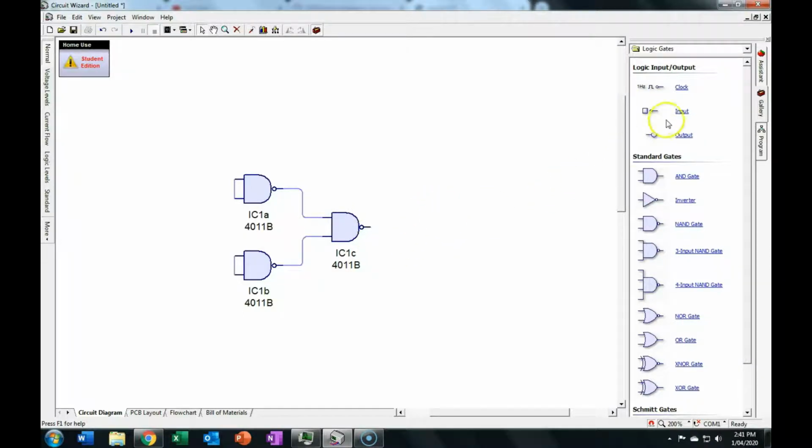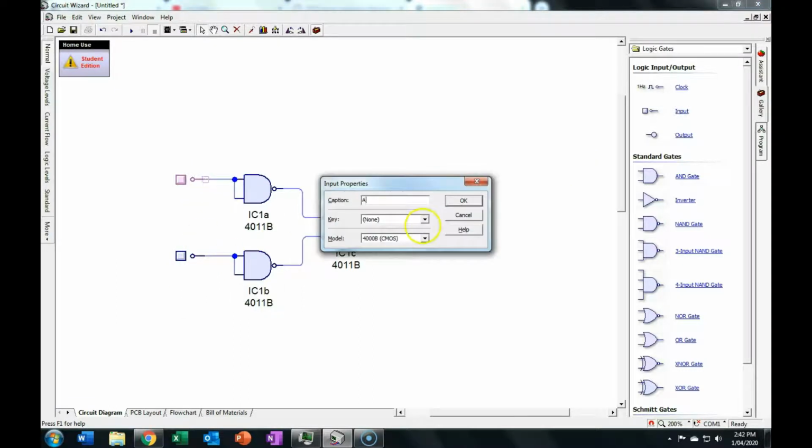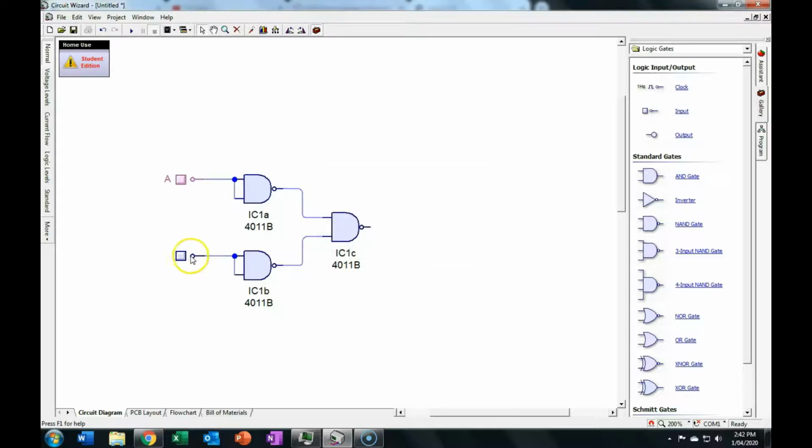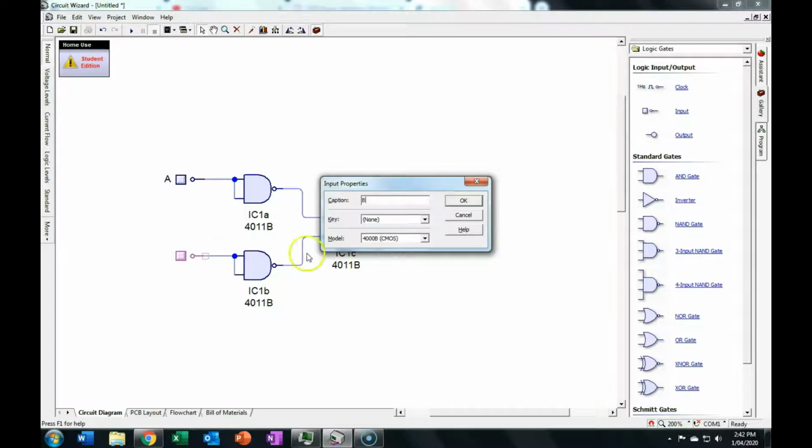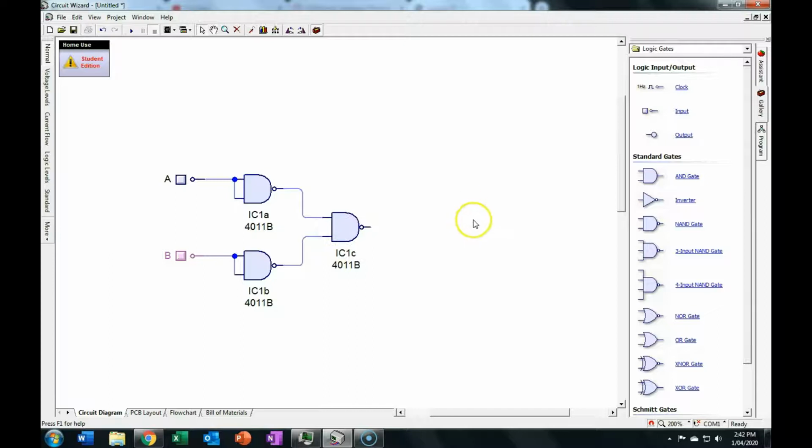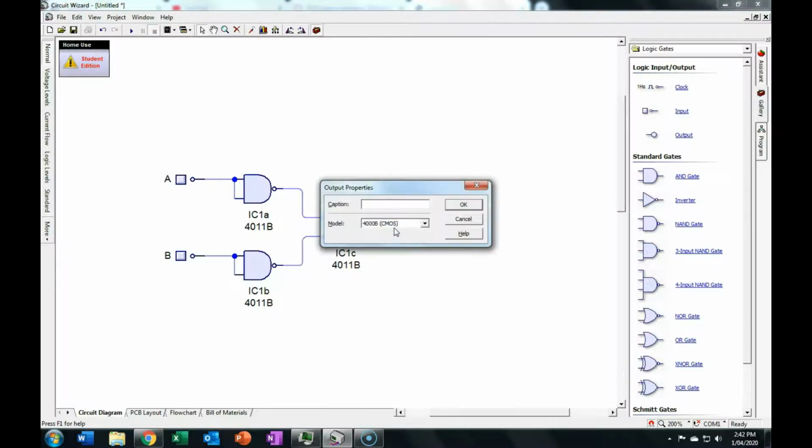And now I'm going to be able to add an input here and here, and if I double click on it, I can give it a label. Let's call that one A, and this one B, and similarly for my output, I can put an output on there, and I'm going to call this Q,